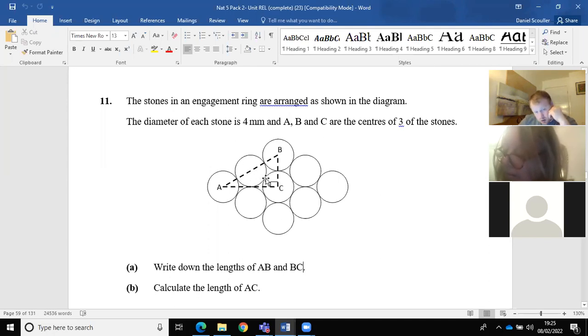Okay. So you can see these circles aren't quite outside edge to outside edge. So it's not going to be diameter to diameter, if that makes sense. So AC is not going to be a perfect number. So we're just drawing that out. They've given you where the right angle is. So we know that 8 is going to be our hypotenuse, 4 is going to be one of the short sides, and then AC